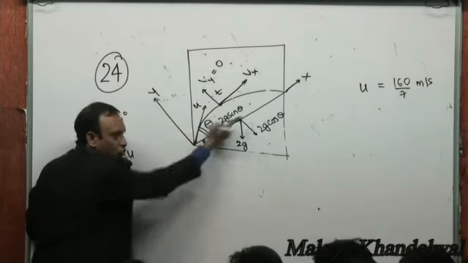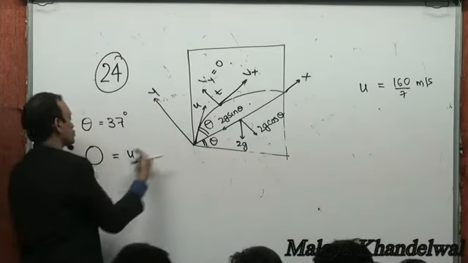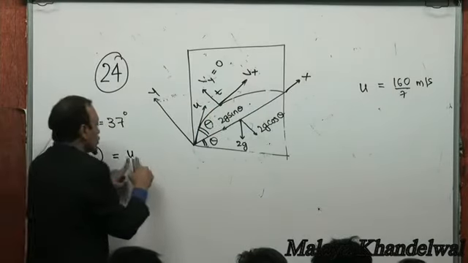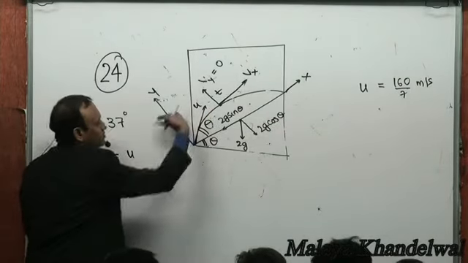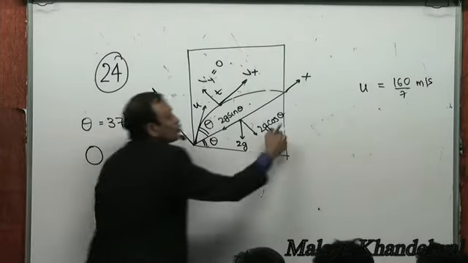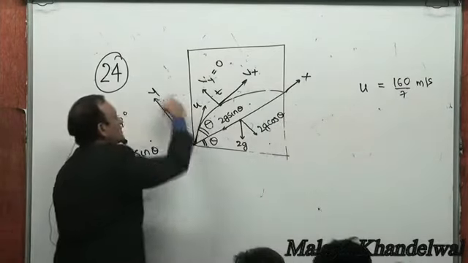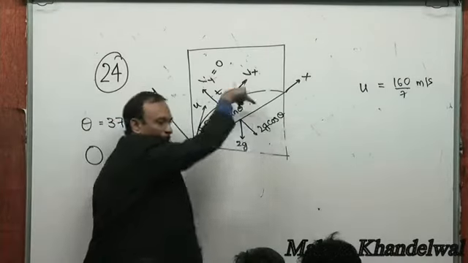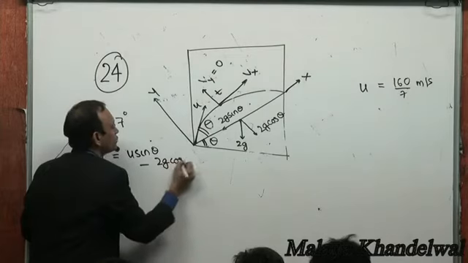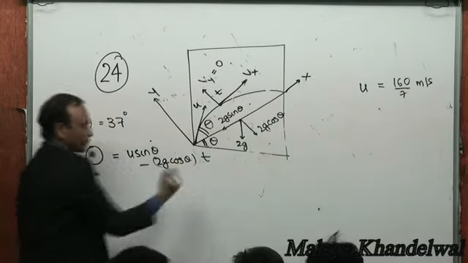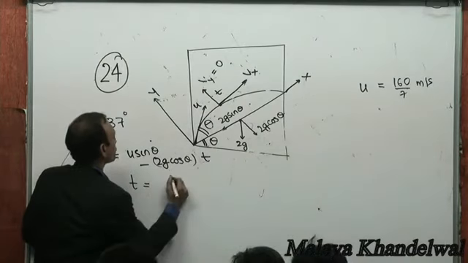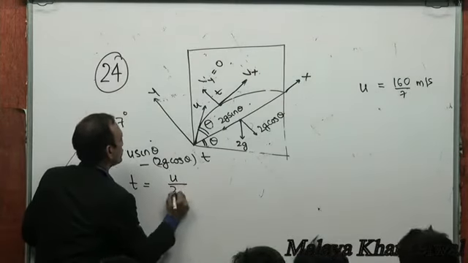U could be resolved as u cos theta and u sin theta. So the velocity at this instant in the y direction becomes 0. The initial velocity in the y direction is u sin theta, minus 2g cos theta into t, right? Acceleration in the y direction is minus 2g cos theta, so minus 2g cos theta into t. So t is known, right? T is u by 2g tan theta,